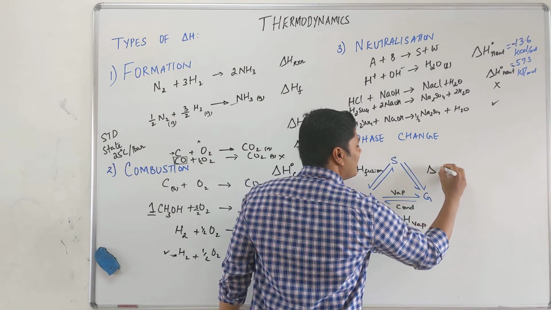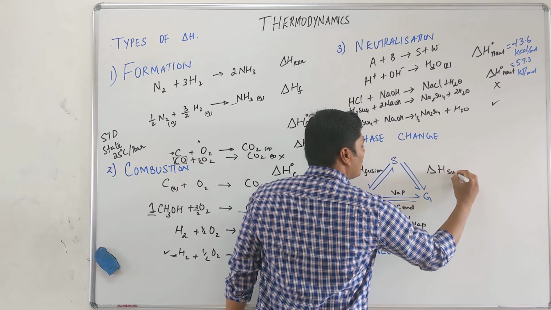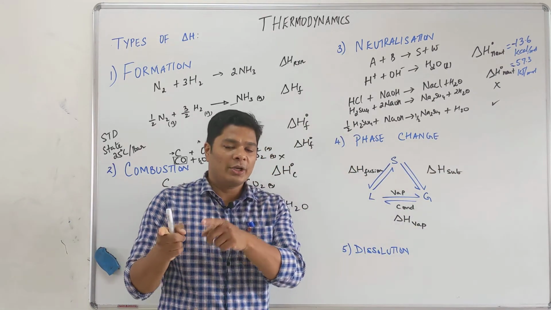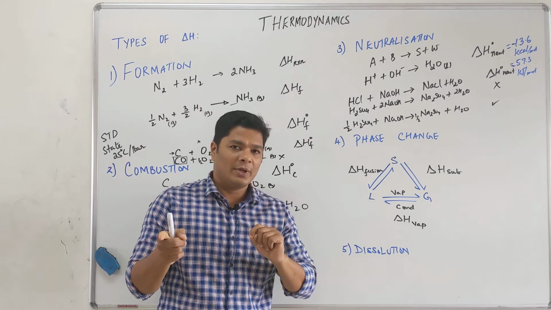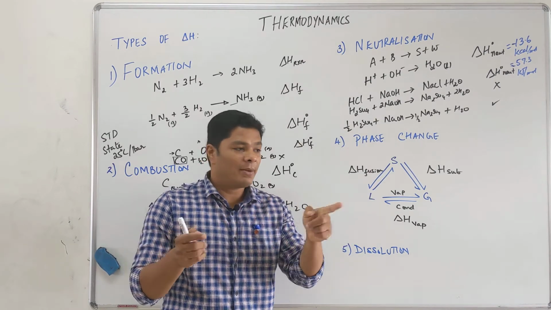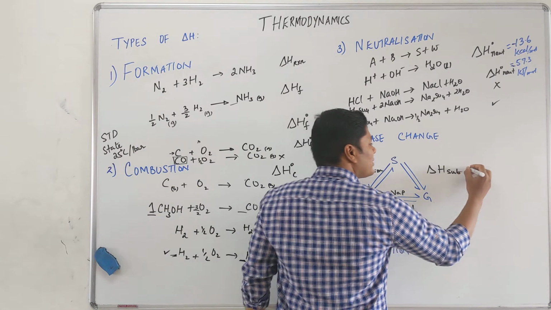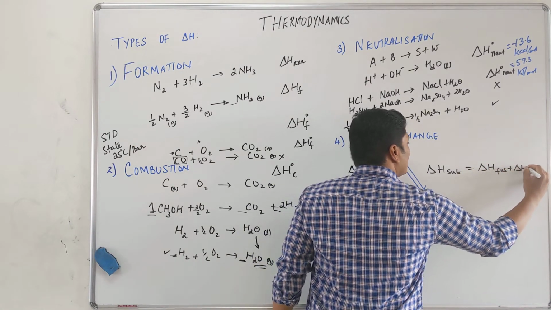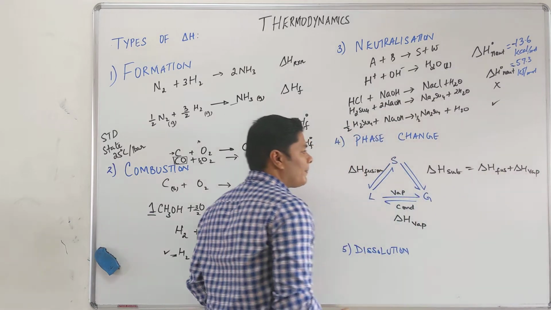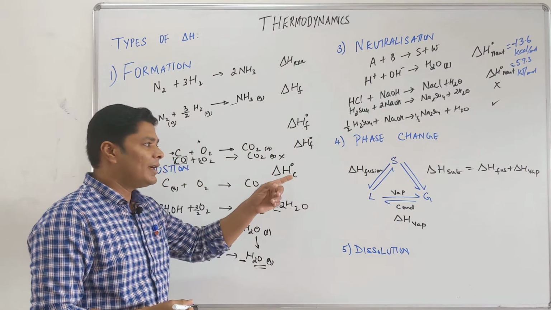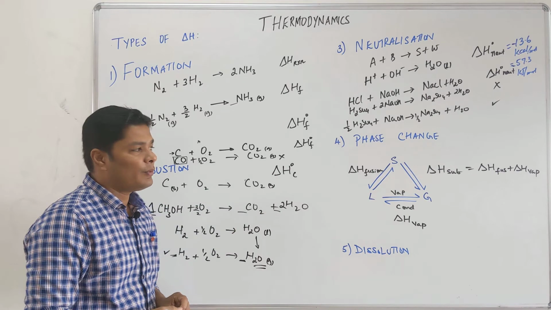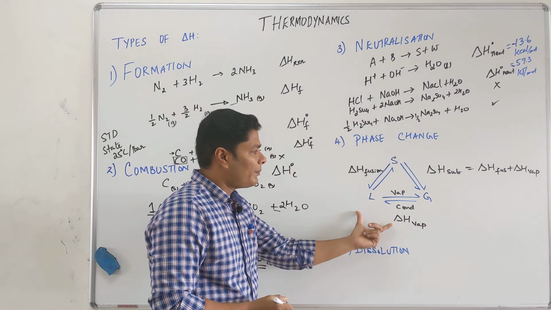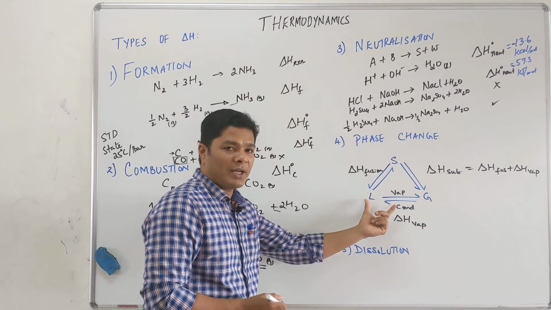So this is given the symbol delta H of sublimation. Okay. Imagine a solid going to a gas. Solid goes to liquid, liquid goes to gas. Okay. So solid to gas must be a combination of both. So delta H of sublimation is actually a sum total of delta H of fusion plus delta H of vaporization. If you do it in standard condition, that becomes delta H naught sublimation equals delta H naught fusion plus delta H naught vaporization. Okay. This is straightforward, just converting one phase to another.